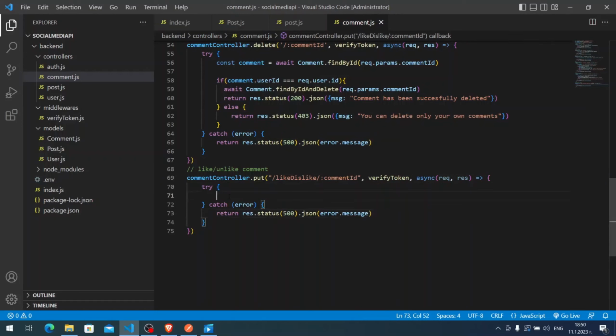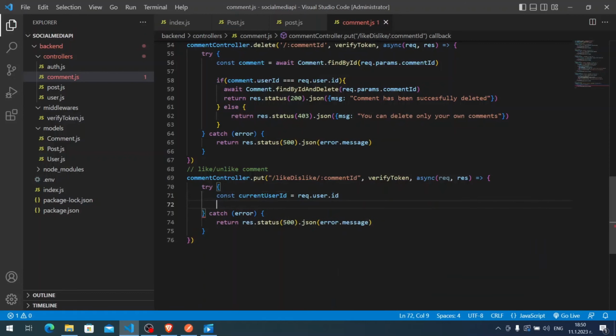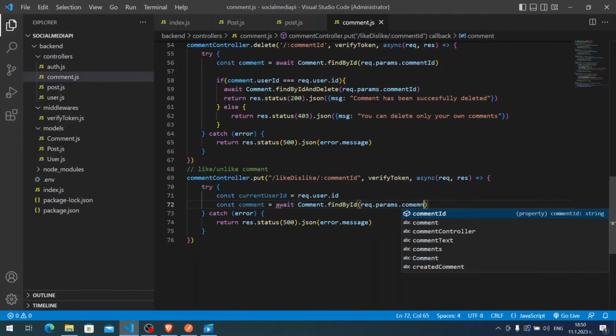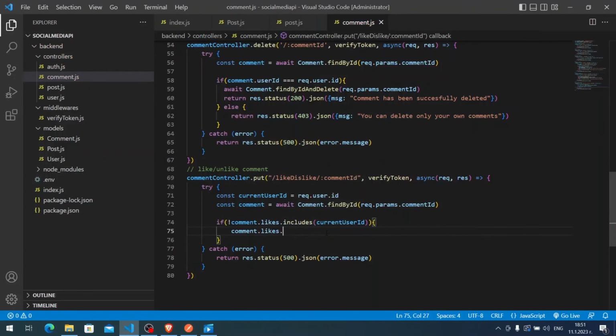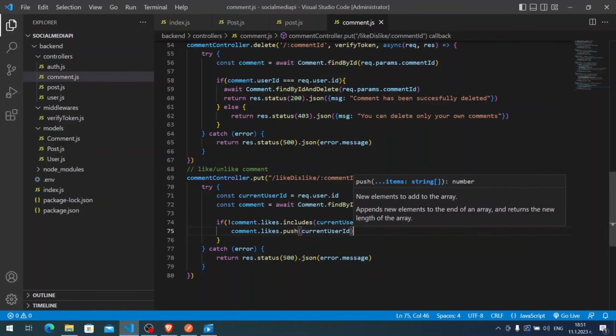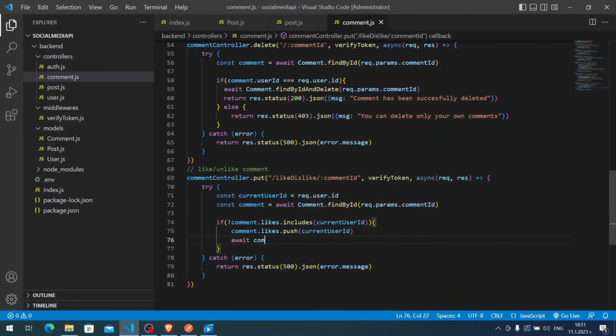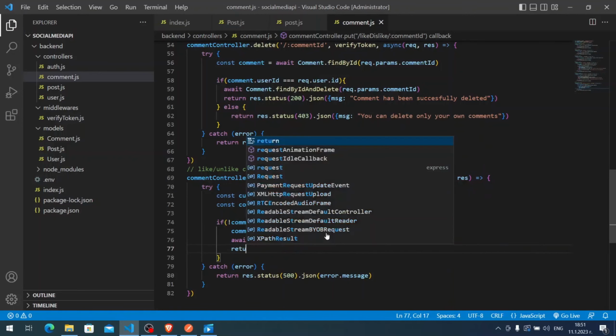Let's copy this, paste it, and here const currentUserId is equal to request.user.id, const comment is equal to await Comment.findById(request.params.commentId), and then if comment.likes, if it's not, because of this exclamation mark here, comment.likes.includes(currentUserId), we're going to add it. So comment.likes.push(currentUserId), and here await comment.save,